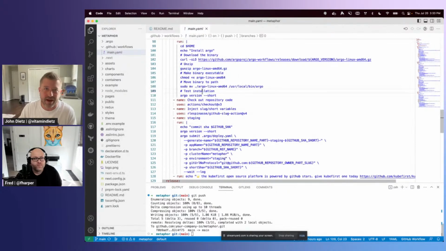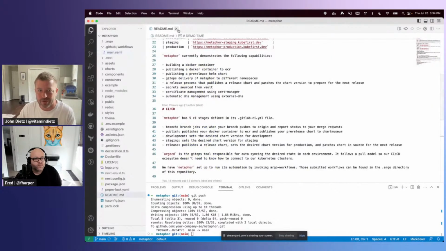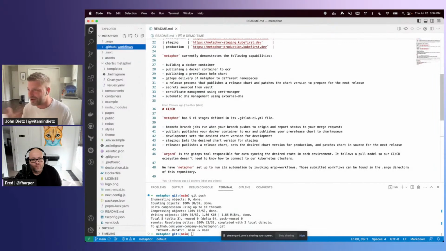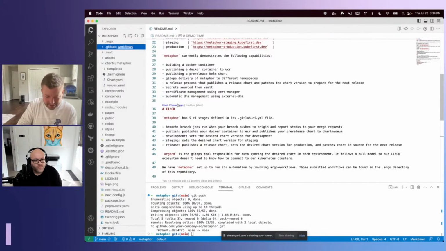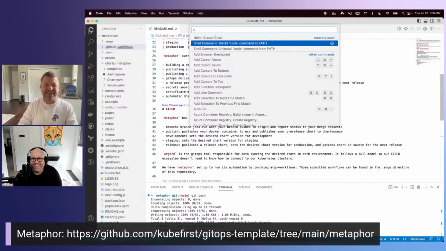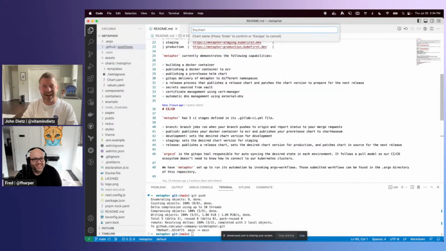I'm going to hop into the Metaphor repo. This is a local clone of the repo that you get right out of the box. And there's this chart here that is mostly a default chart. So how do you create a chart in the first place? If you're new to Kubernetes, this might feel more complicated than it is. If you have Visual Studio and you add this Helm extension, you can hit Command-Shift-P on Mac or something else on Windows. And you can select this Helm Create Chart option here.